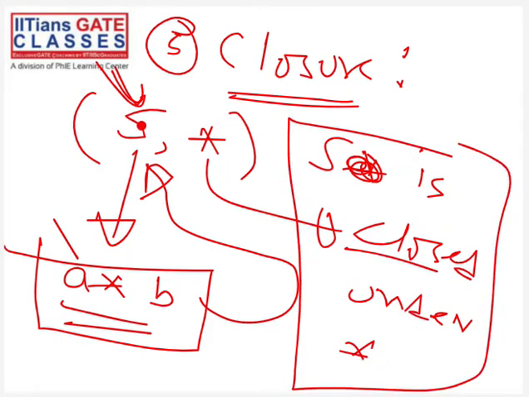We are saying that if you take any two elements from this set S and you apply this operation star, the result must also belong to S. If this is happening for all the pairs, for all the elements that you are taking, then we will say that S is closed under star. This property is known as the closure property. Let's take an example. Don't worry. Let's assume your base set is N and your operation is plus.